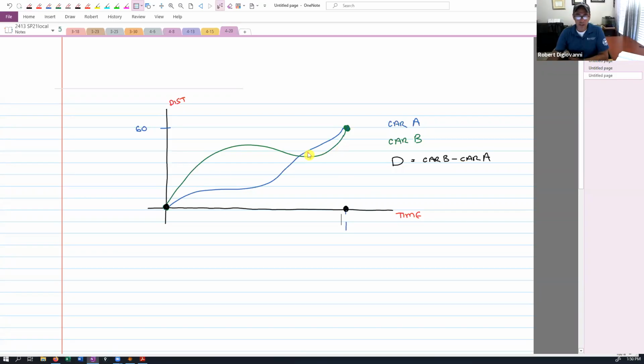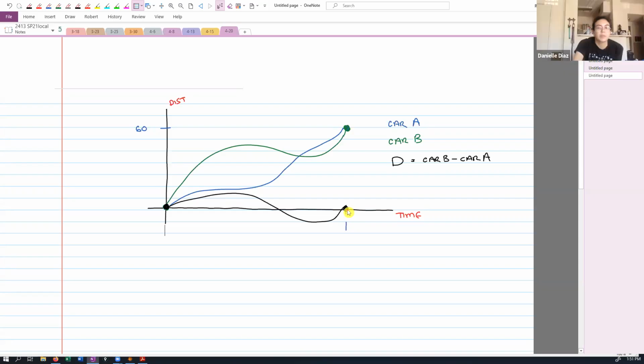Okay. Now, in between, from here to here, do you agree that maybe car B is in front of car A and then car A might be in front of car B? They're going to go back and forth. Who knows what's going to happen in the race? But it should be continuous. Whatever this is, it should be a continuous function. And I've got to connect these 2 points together, right? Do y'all agree with that? Yes. Okay.